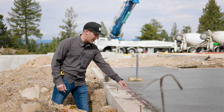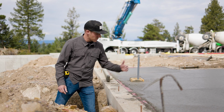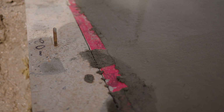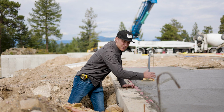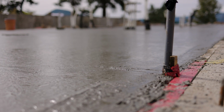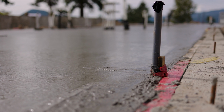So as you can see, we've isolated the slab with this rigid foam. So we have 2 inches of rigid foam, then we have our concrete poured up to that, and what this rigid foam is doing is it's actually creating a thermal break, because we don't want this hot slab, this warm slab, to be heating our foundation wall. And so what that's doing, this is creating that thermal break. So this works in opposite as well. So on a very, very cold day,